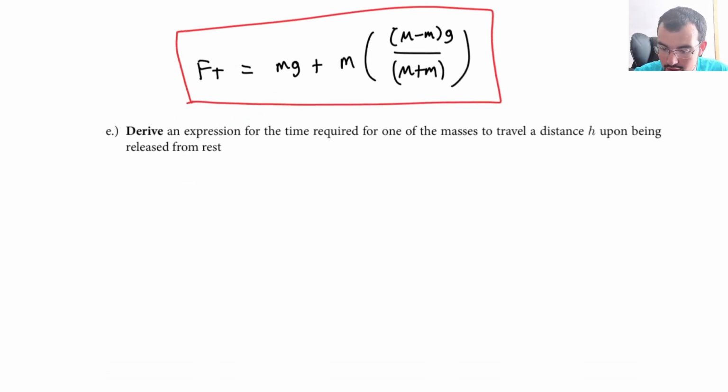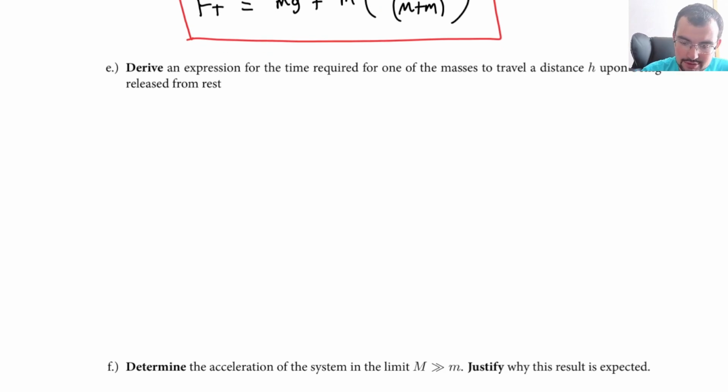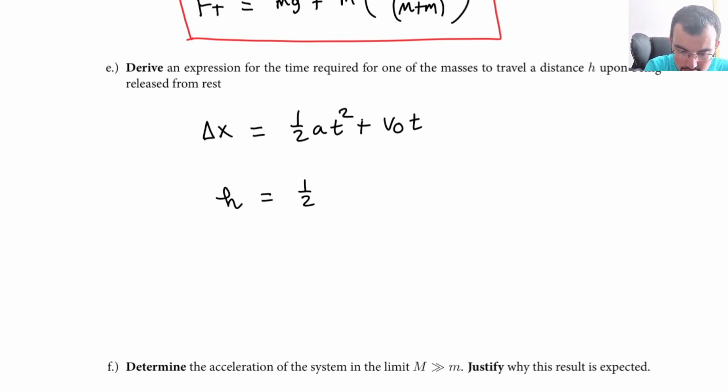All right, what's the time required to travel a distance h upon being released? Well, time, distance, it's kinematics. And we want distance. We don't have anything about speed. We don't care about speed. So it's the speedless kinematics, which is delta x equals 1/2 at squared plus v0t. We're traveling a distance h at constant acceleration that we'll plug in for later. So t would just be the square root of 2h over a,